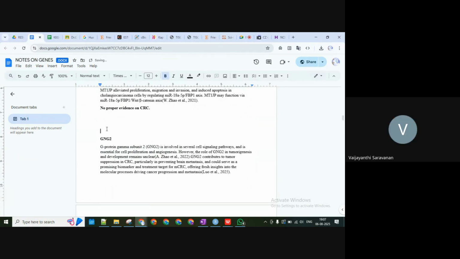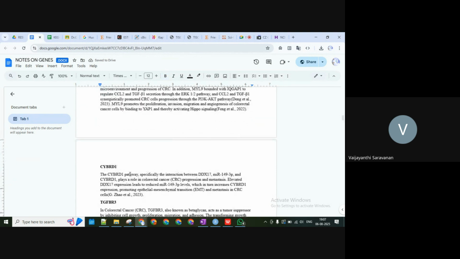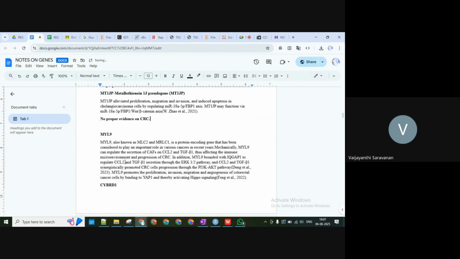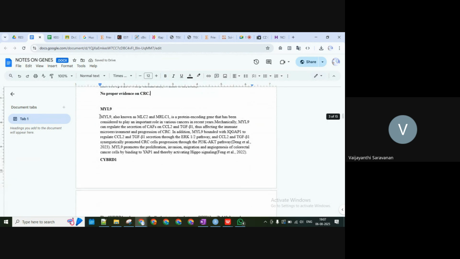So which one are we planning? Out of the 24 genes, let's say around 11 genes have some evidence. The remaining 13 or 14 may not have evidence. So we are going to say that 13 genes are novel genes. And are we going to present any data on them? Like what is their role, or what are they going to do in other cancers right now?